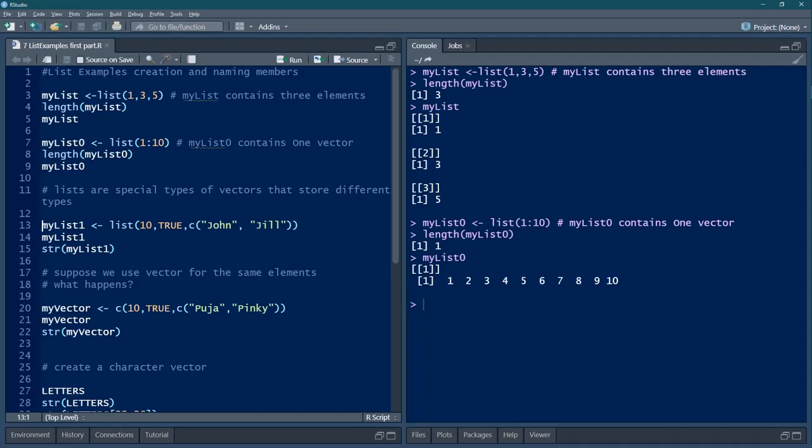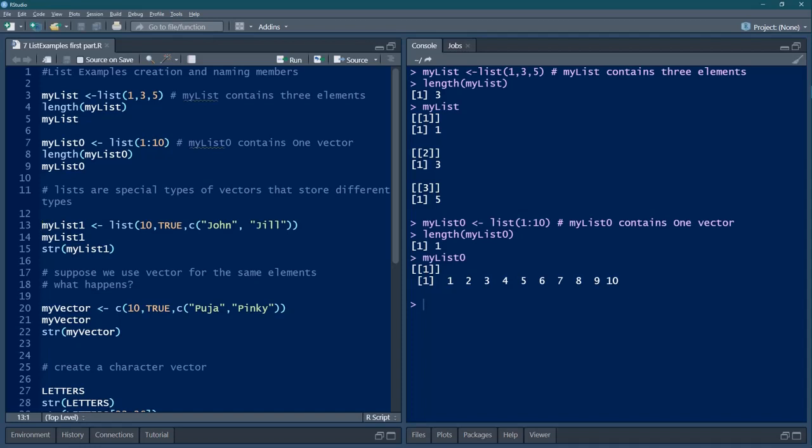Okay, now we will look at some mixing of data types. mylist1 we will create using the list function. Here we will now use 3 elements. The first element is a numeric integer we can say, but we have not given the L suffix. Therefore, it is to be treated as a double or numeric. Next, we gave a logical value TRUE. Then we gave a concatenation of 2 character strings. So, this is a character vector, this is a logical vector and this is a double or numeric vector.